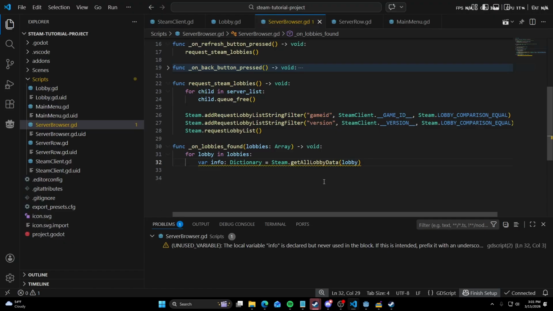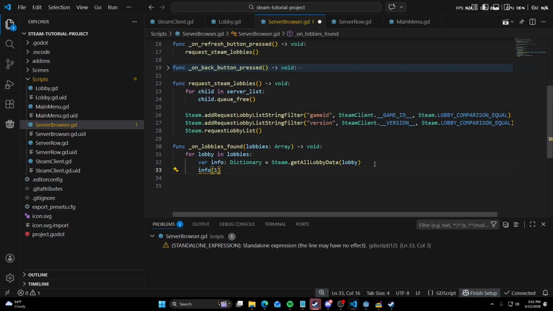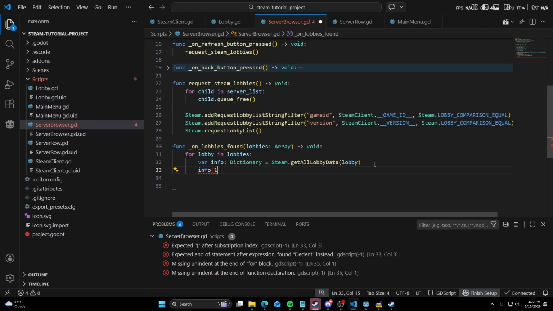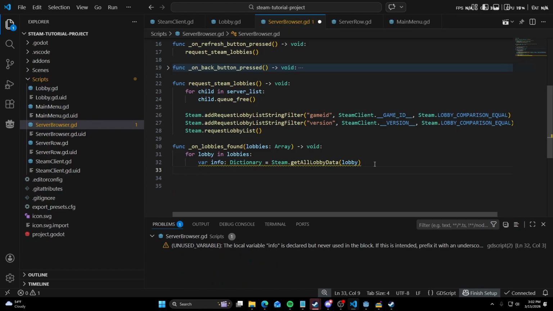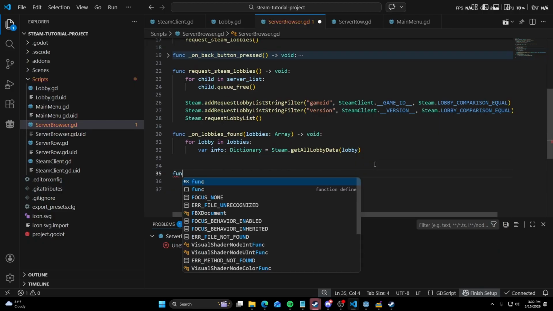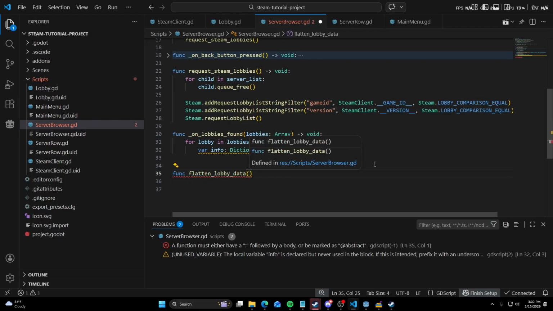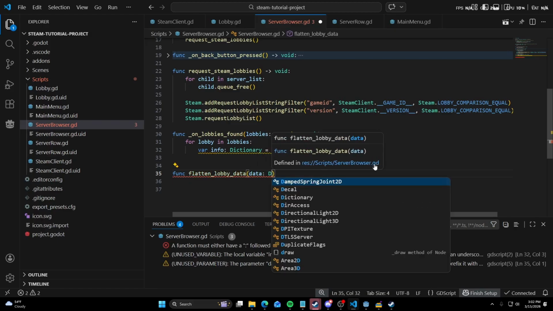So if we were to want to call something off of it, like our mode, we would do info one mode if it were in one. That's what's annoying about it, these stupid keys. I don't like them. I don't know how anyone else feels about them, but I'm sure as hell not a big fan. So we're actually gonna go ahead and do a flatten function. And we can leave it in here. We can put it in Steam client. It doesn't really matter. So we'll just say func flatten lobby data, and it will take a data dictionary,